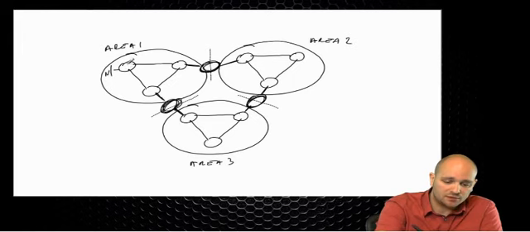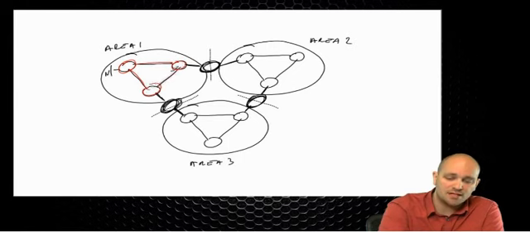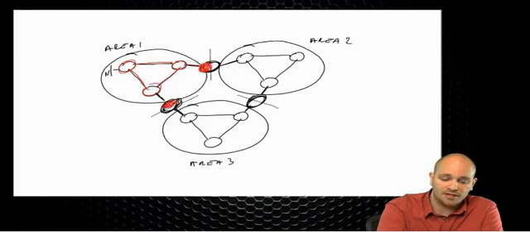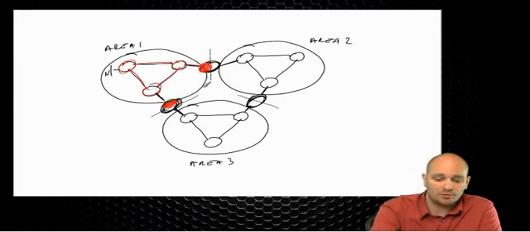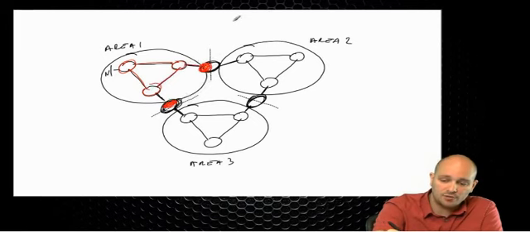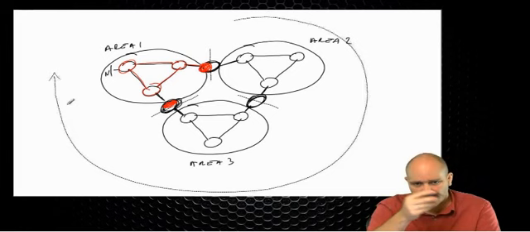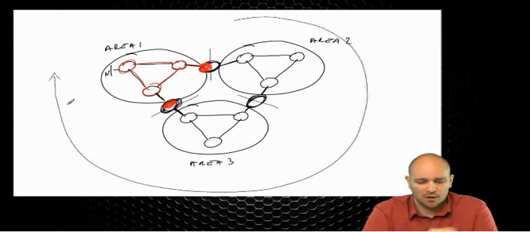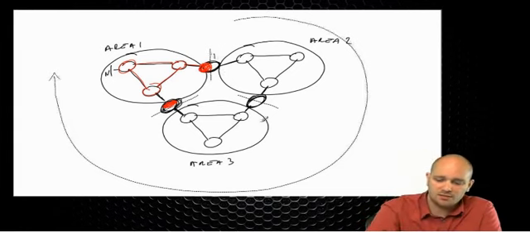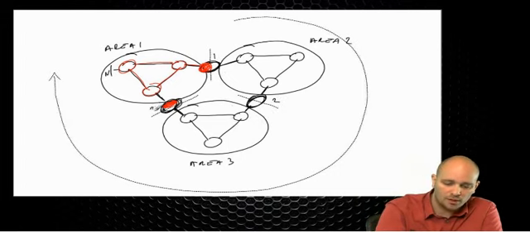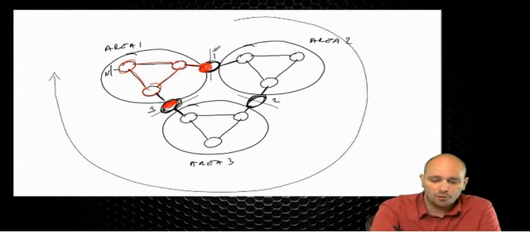This route gets advertised inside this area as type 1 LSA. So this is an internal route inside this area. So remember, these routers here have 2 databases. Now, these border routers, and what I'm going to do here, I'm just going to observe information going this way. Of course, information might be going in the opposite direction as well, but bear with me. So let's say that this here is border router 1, this is border router 2, and this is border router 3. So border router 1 now has this information in its database, and it's going to create a summarized information,